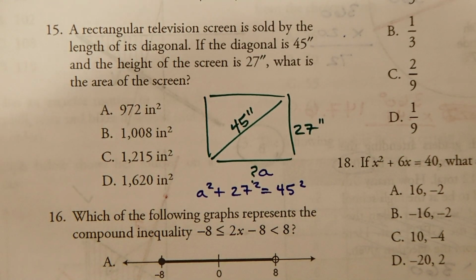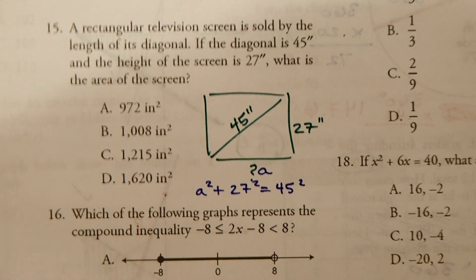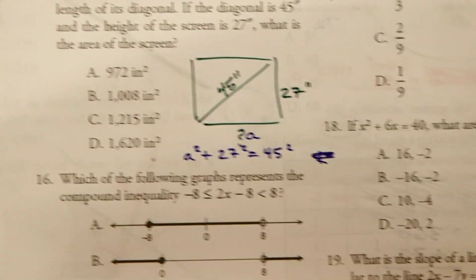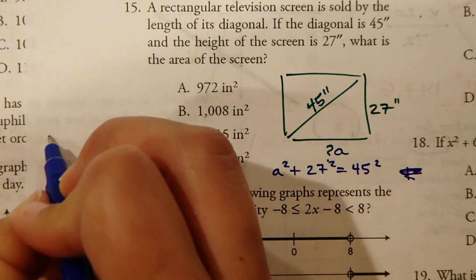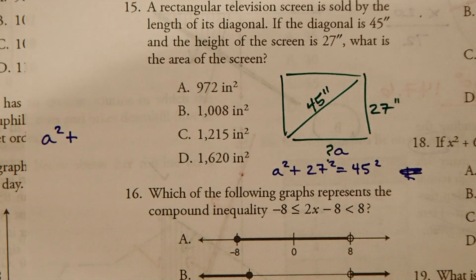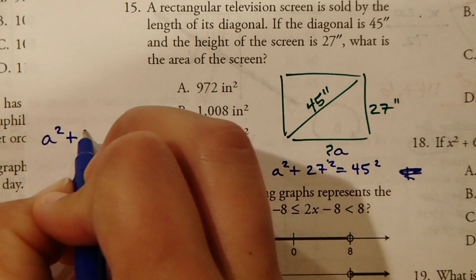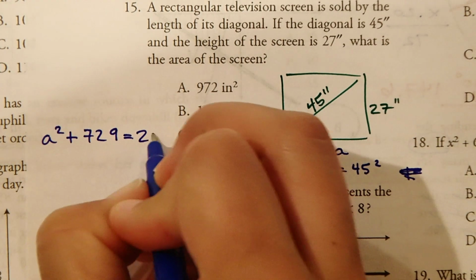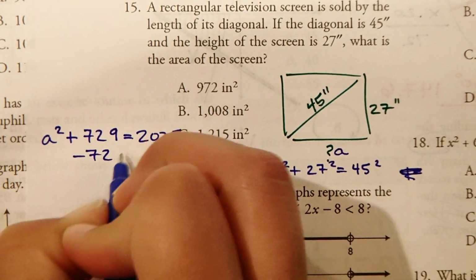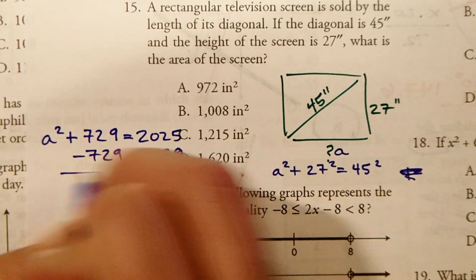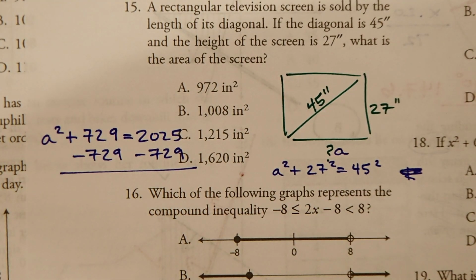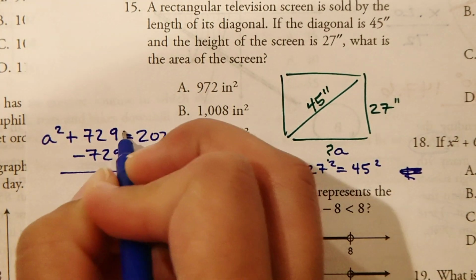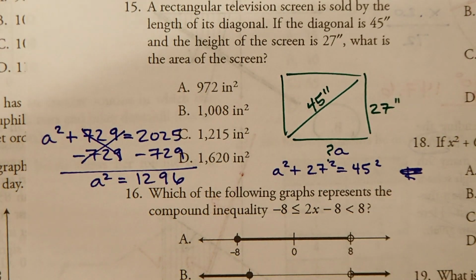All right. So I'm going to do this all in the calculator. So I'll just do this off to the side. We have some space here. All right, so 27 squared is 729. And 45 squared is 2025. So now I just need to solve for A squared. 2025 minus 729 equals 1296. So A squared equals 1296, and now let's take the square root of this and hope that